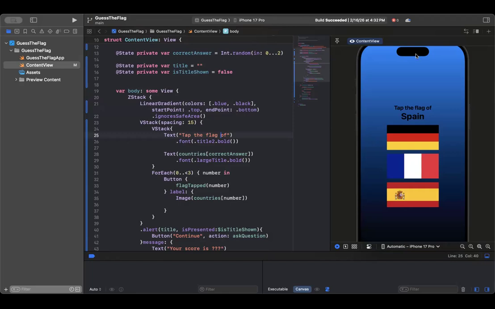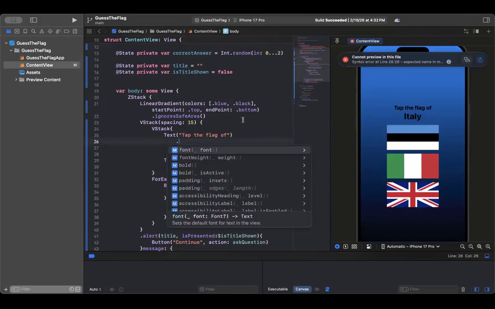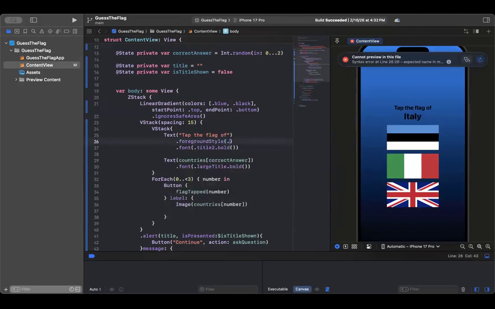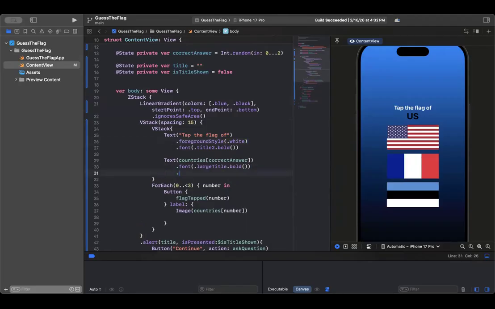And let's see how that looks. Okay, not terrible. Definitely coming together a little bit more. Maybe we can make the text, I think we already did this, but foreground style, let's make it white. And then let's make this white as well. So it's looking a little bit better, but still